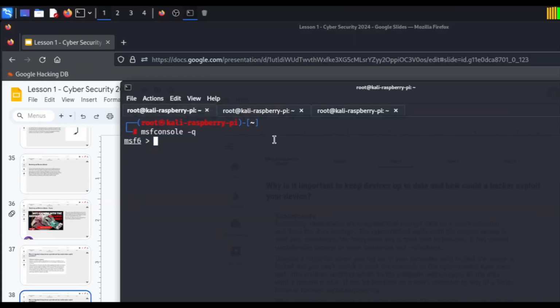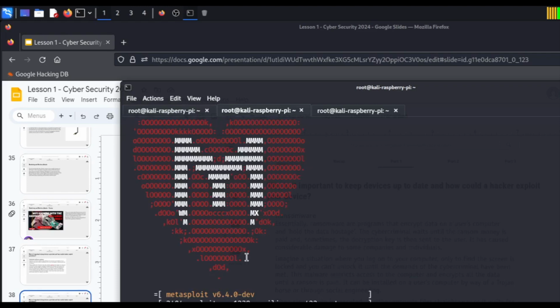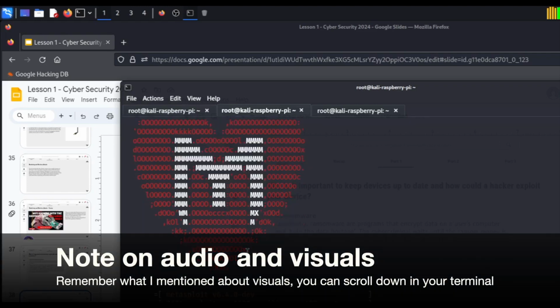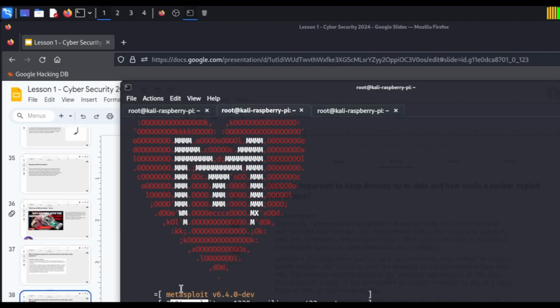Okay, so now our tool has loaded. I will show you the main menu of Metasploit in a couple of minutes so you can see the tools which are available, and it looks like we're actually ready to go here. So we can see that inside Metasploit, we have got around 2,400 exploits that we can deploy on devices for testing purposes, for educational purposes. Remember, we don't do things that are malicious. We've got a total of 1,468 payloads, and the auxiliaries are used in order to test the vulnerability of a